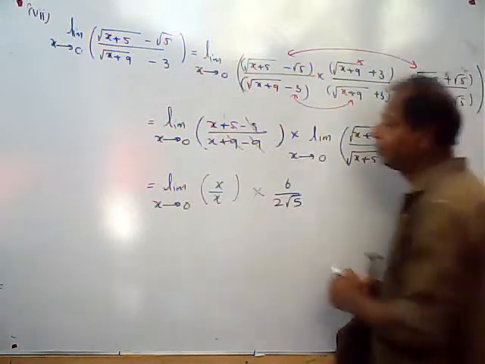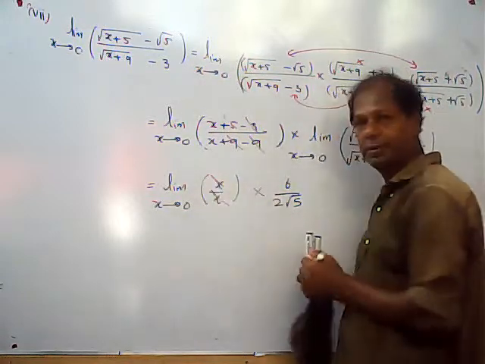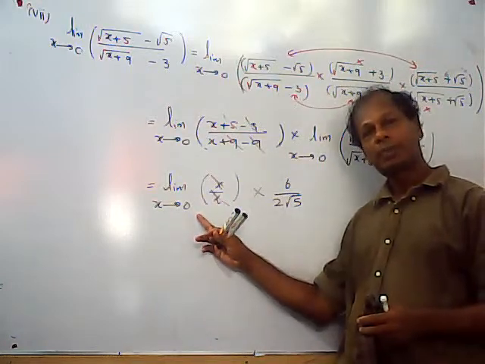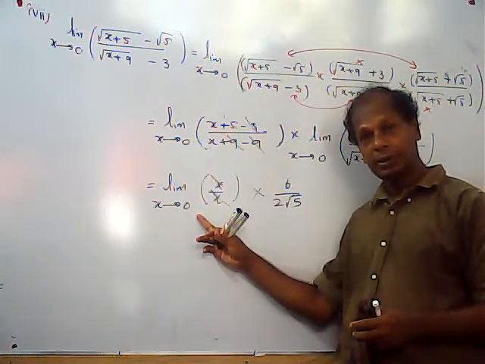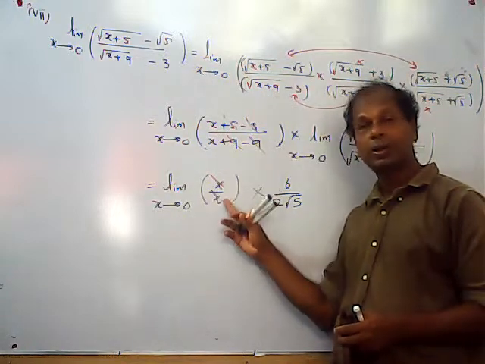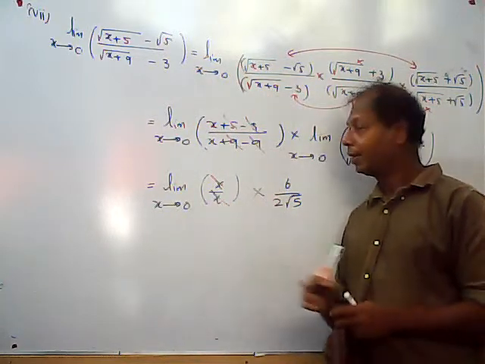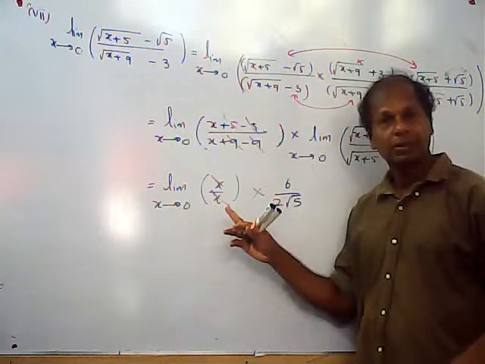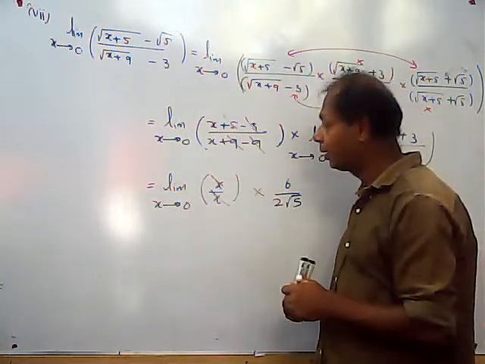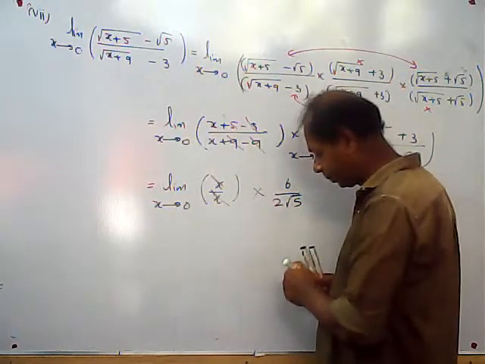Now, in this, x gets cancelled. Again, we want to see what happens as x gets closer to 0 only, right? Not at x equals 0. At x equals 0, you can't cancel things like this. Right now, x is not 0, so that will cancel off, giving